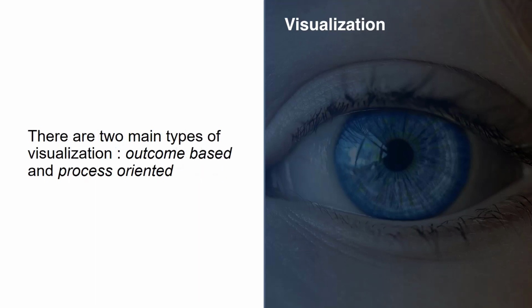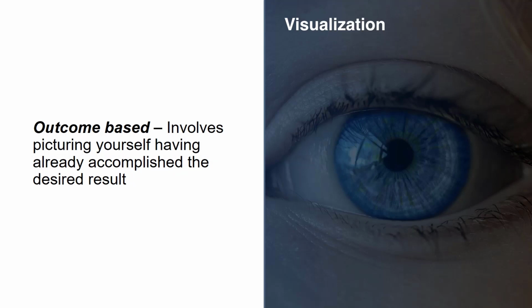Types of visualization. Although there are several types of visualization techniques, probably the two most implemented are outcome-based visualization and process-oriented visualization. The outcome-based involves picturing yourself in the winner's circle or enjoying the fruits of your labor. An example of this could be printing out a picture of your dream home and seeing yourself in there enjoying